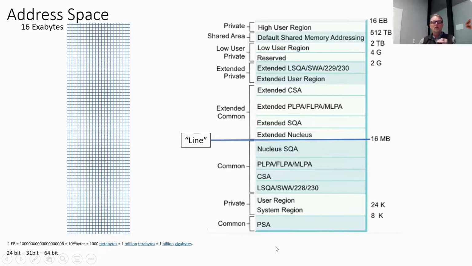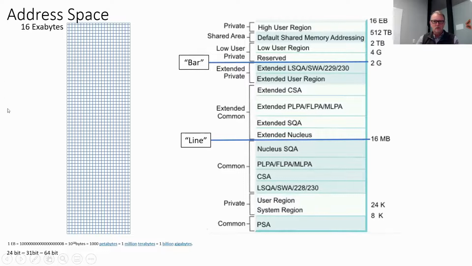So then when IBM went to the 31-bit extended architecture, you can get up to 2 gig of an address space. When they went to that, they created an extended area, which is basically a sort of flip mirror of this lower part. And so programs written in 31-bit mode can use the area above it. And then finally, they went to the 64-bit operating system, and now you can get the entire 16 exabytes, which is obviously much bigger.